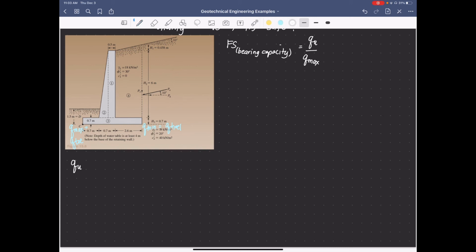For the ultimate bearing capacity, that is obtained from the formula that we've learned from shallow foundation, which is c N_c F_cd F_ci, plus q N_q F_qd multiplied by F_qi, plus 1/2 gamma B prime N_gamma F_gamma d multiplied by F_gamma i. Okay, but anyway,